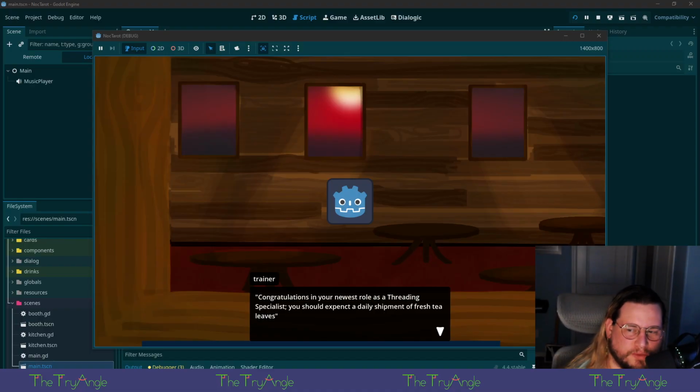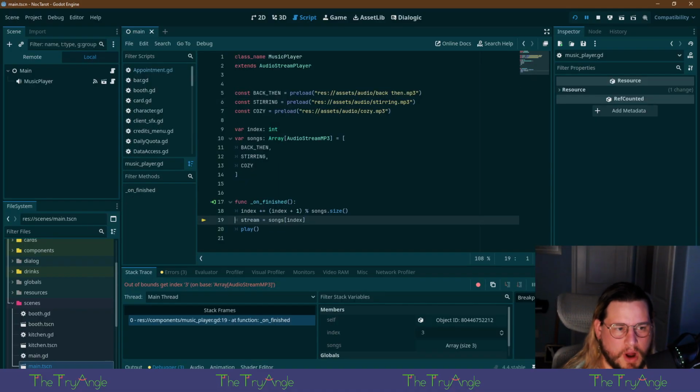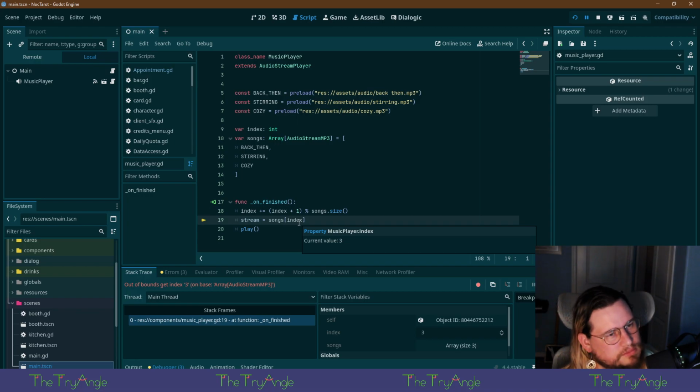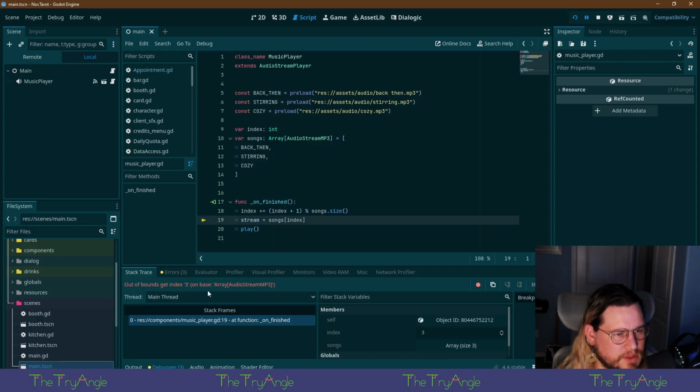Sorry, it's a little too loud with both dialogue and everything. Whoa! What's the issue? Out of bound index 3. What do you mean index 3 is out of bounds?